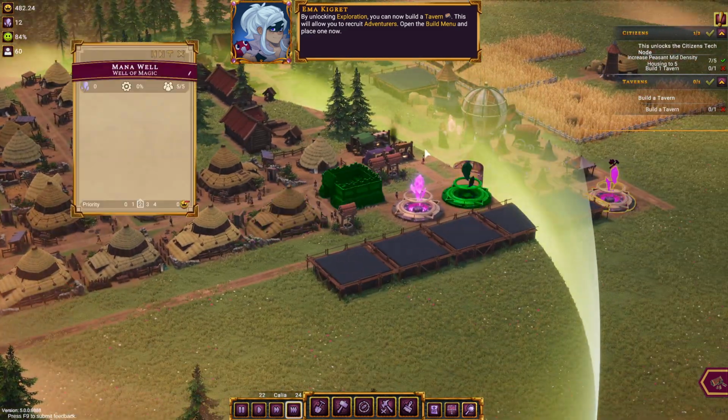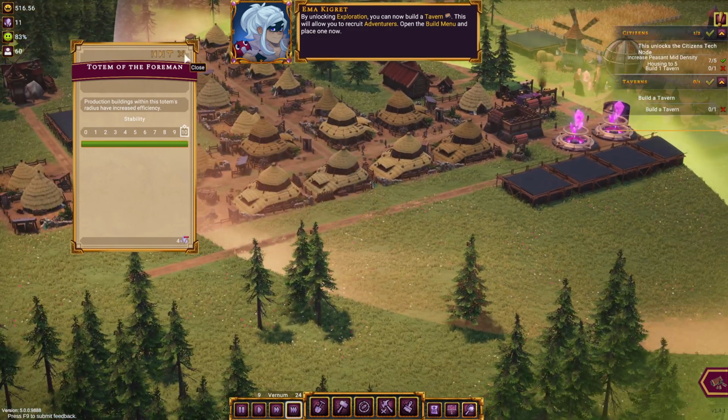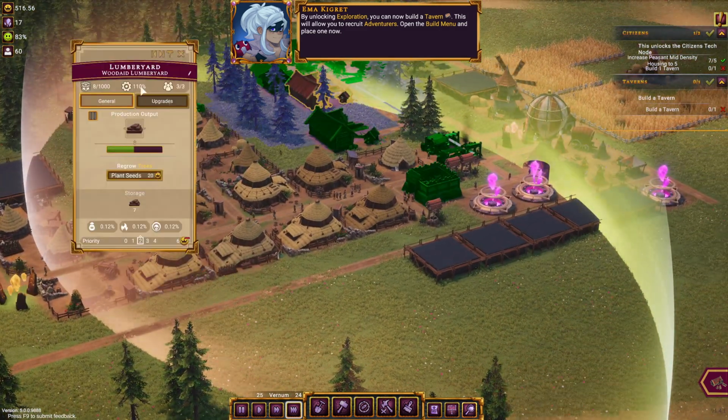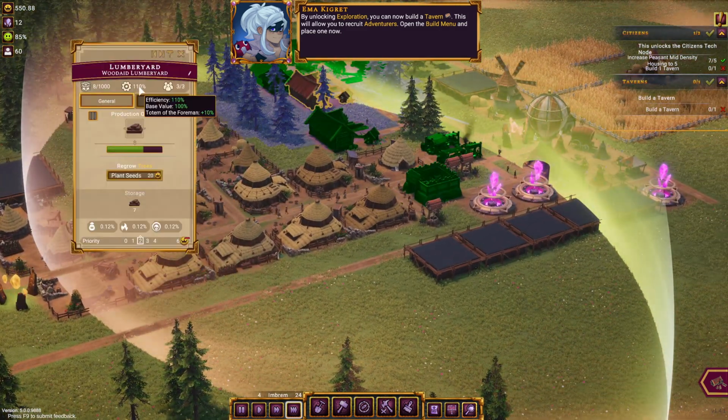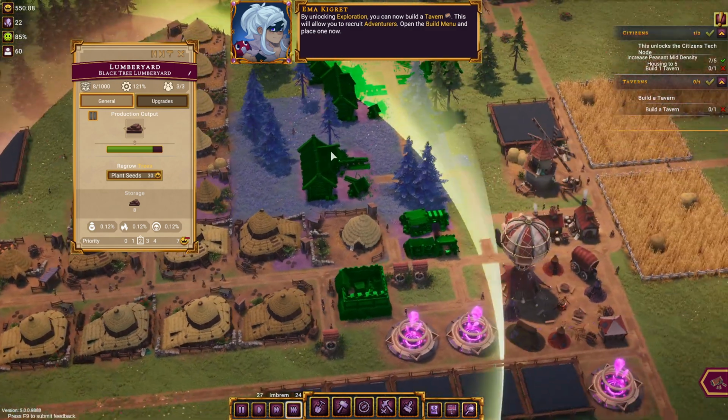Also, that third mana well, is that going to be enough to sustain the increased production rate? I hope so. What are we at? Plus 10% from the Foreman. Efficiency is 110%. So we're not even getting... Oh, yeah, we're getting it here, but we're not getting it...